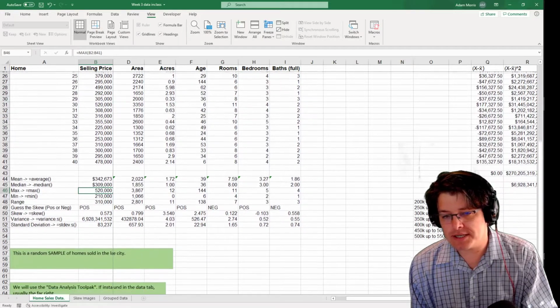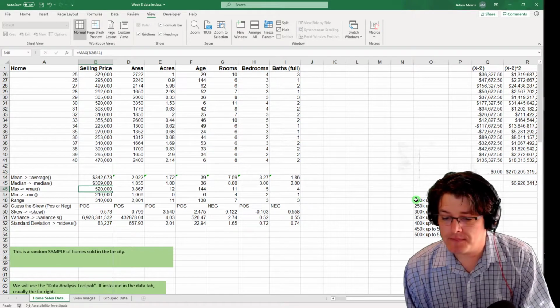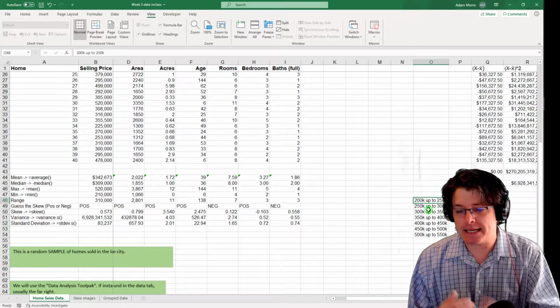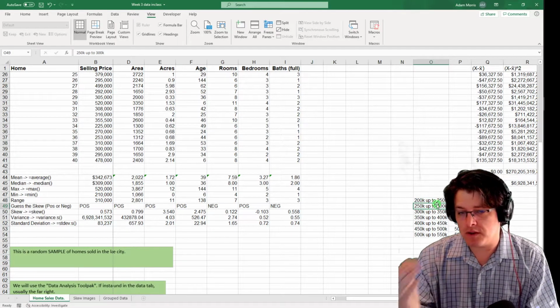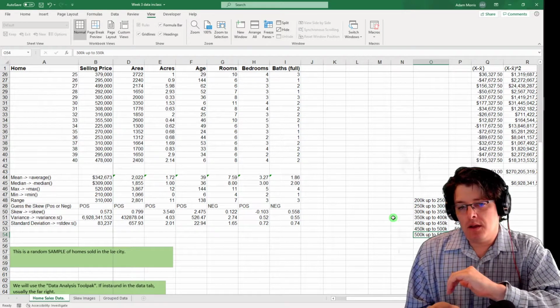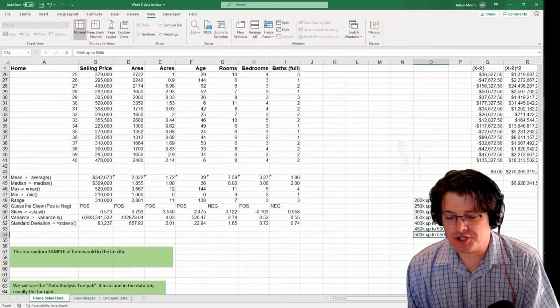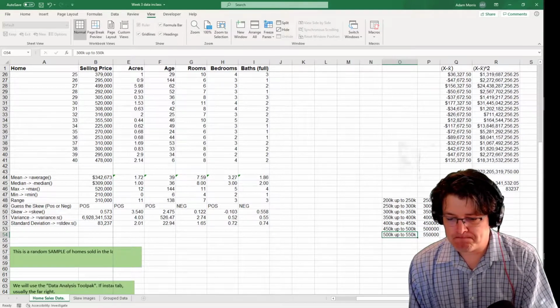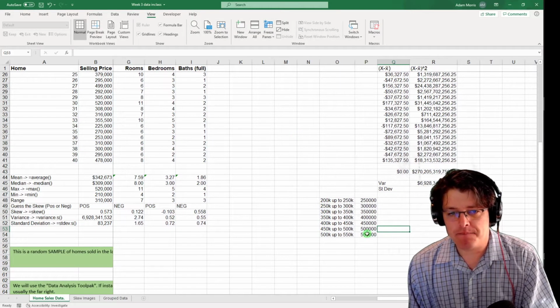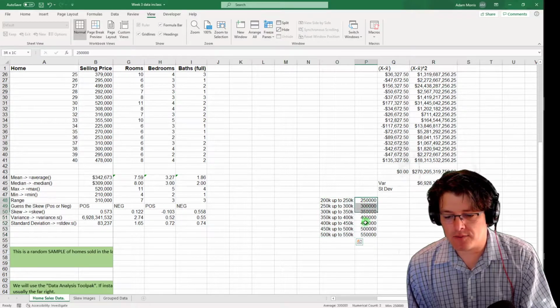Now, when we sit down to build that, it's going to end up being a little more natural to use 7 bins, right? Because 7 is going to give us a nice clean 200 to 250, 250 to 300, and so on, all the way up above our maximum. And so, again, that's why it's a rule of thumb, and we fudge it if it makes sense to adjust up or down a bin or two. And so I have listed here our bin ranges, and I've got it all ready to use the